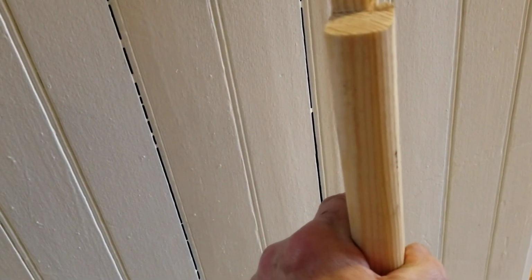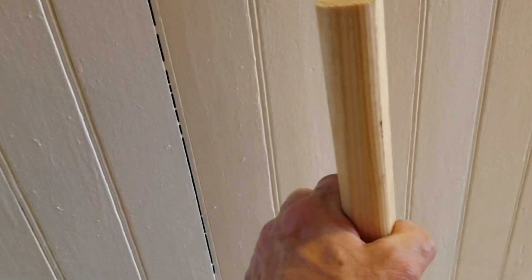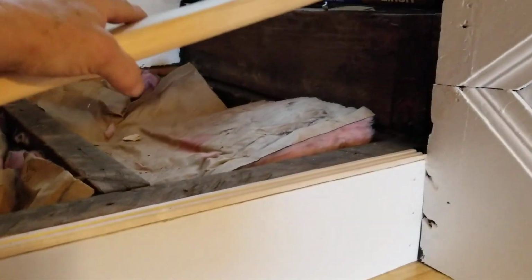From years of watching the New Yankee Workshop, that finally paid off all those years. So yeah, that's not my system. I learned that on TV. Pretty awesome. So anyway, we got it notched out here,